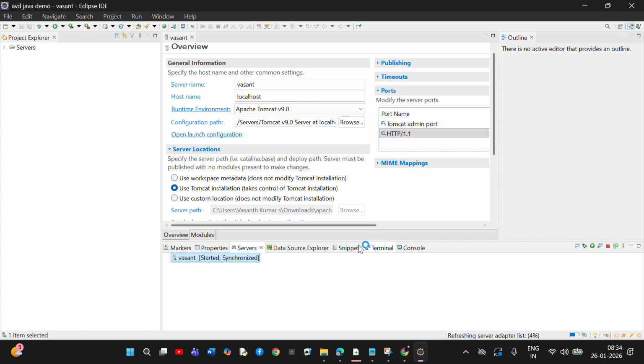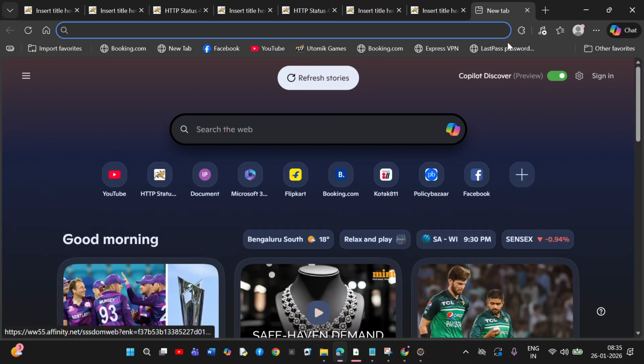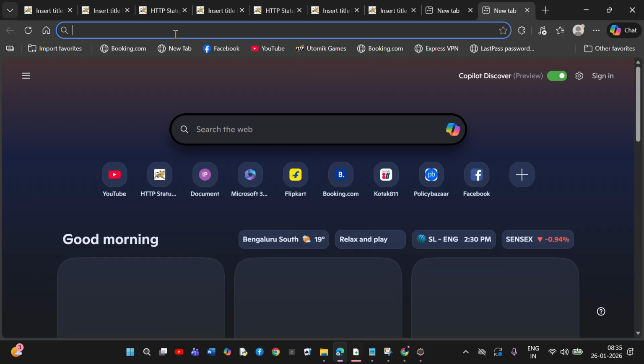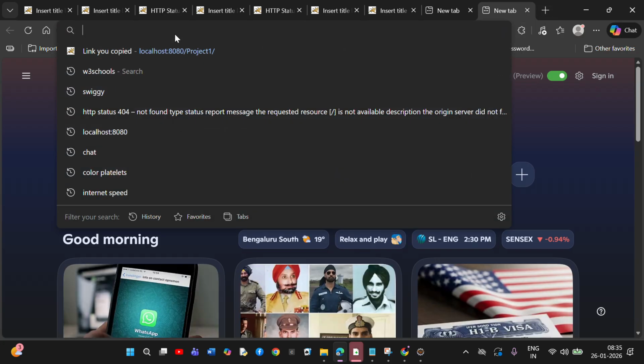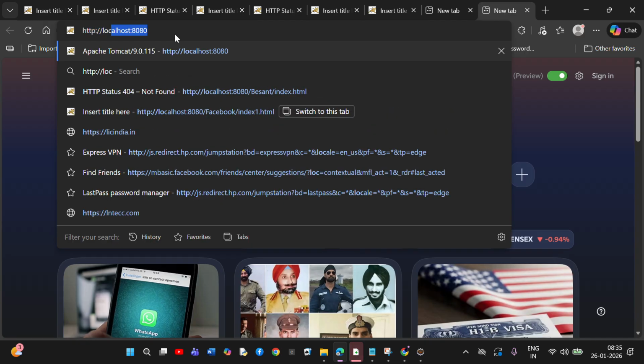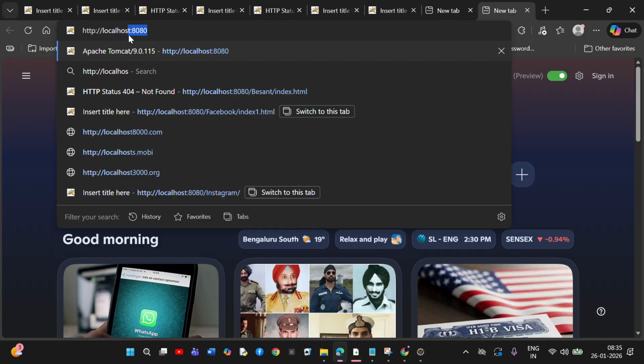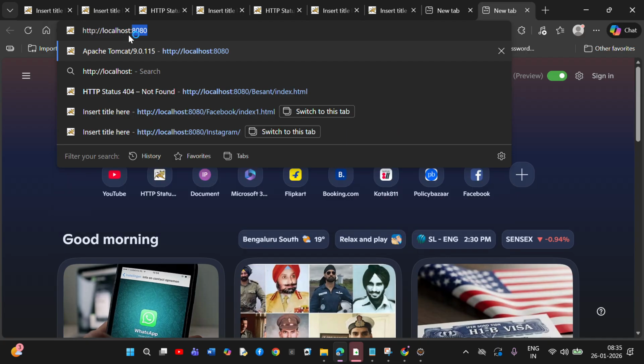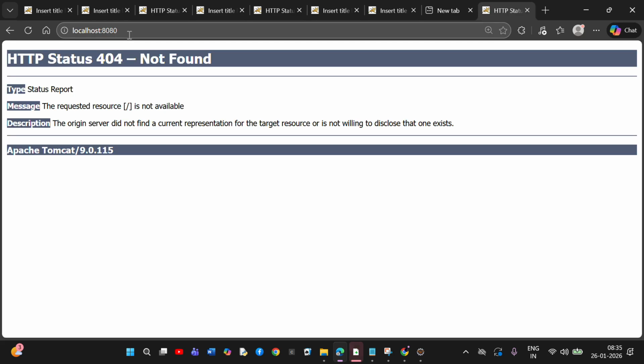Now, to check whether the installation of the server is done successfully or not, directly go to Google search engine or any web browser. To access this Apache Tomcat, we have to type http colon double slash localhost. It connects to the local computer. What is the port number of Apache Tomcat? 8080. If it is 9090, I have to give 9090 and then slash. If I click on this,